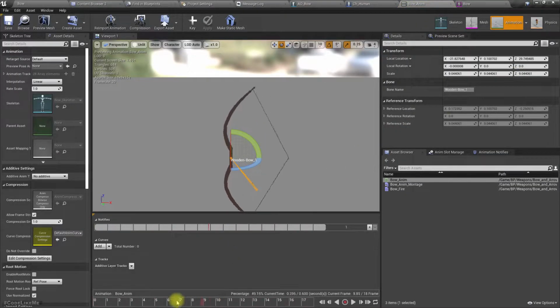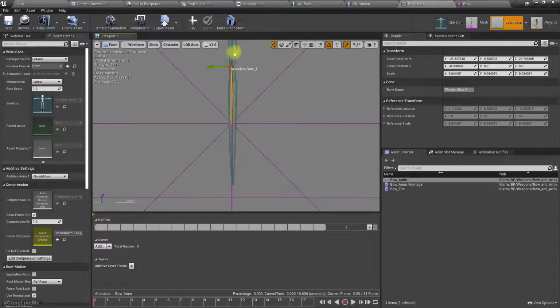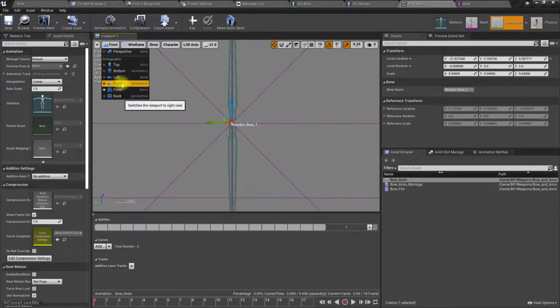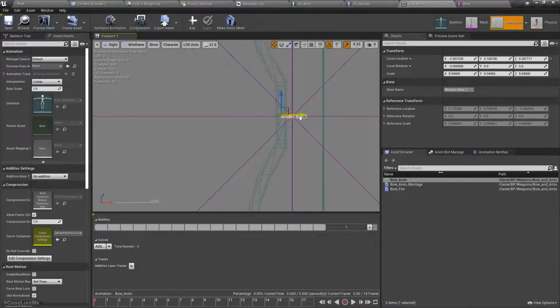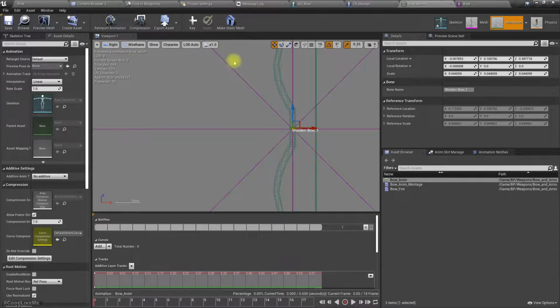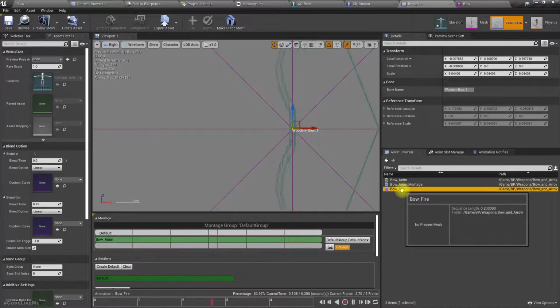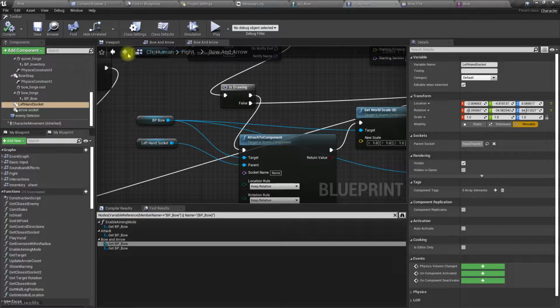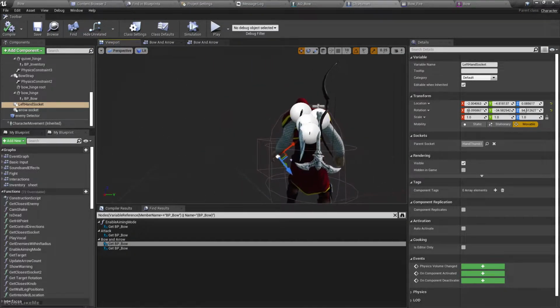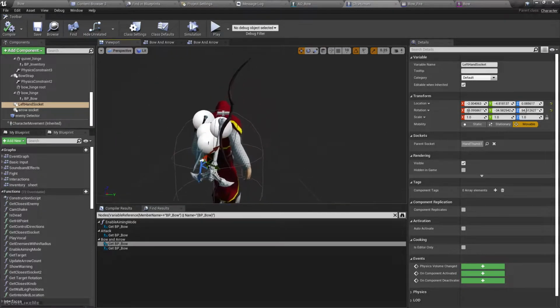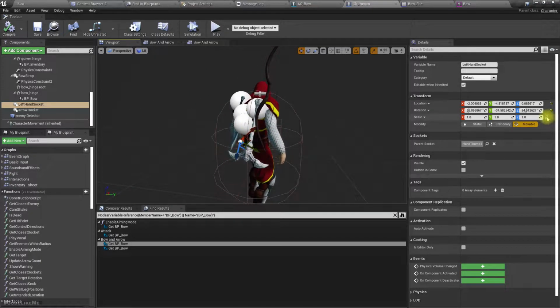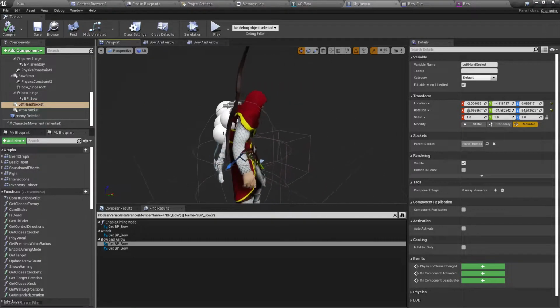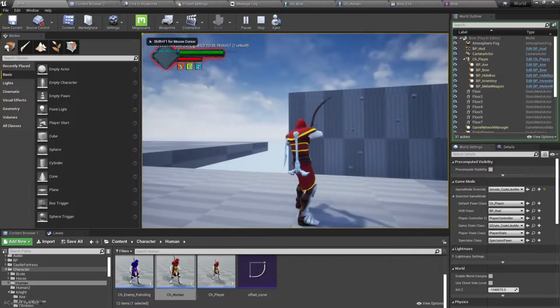Here is the animation. Let me pause it and let's go to front view. Okay, let's go to right view. Okay, and let's add a key and apply. So yeah, everything is perfect. Okay, now let's go back here. Now you can see this has also changed a little bit. Let's see how it looks now. See, now you can see